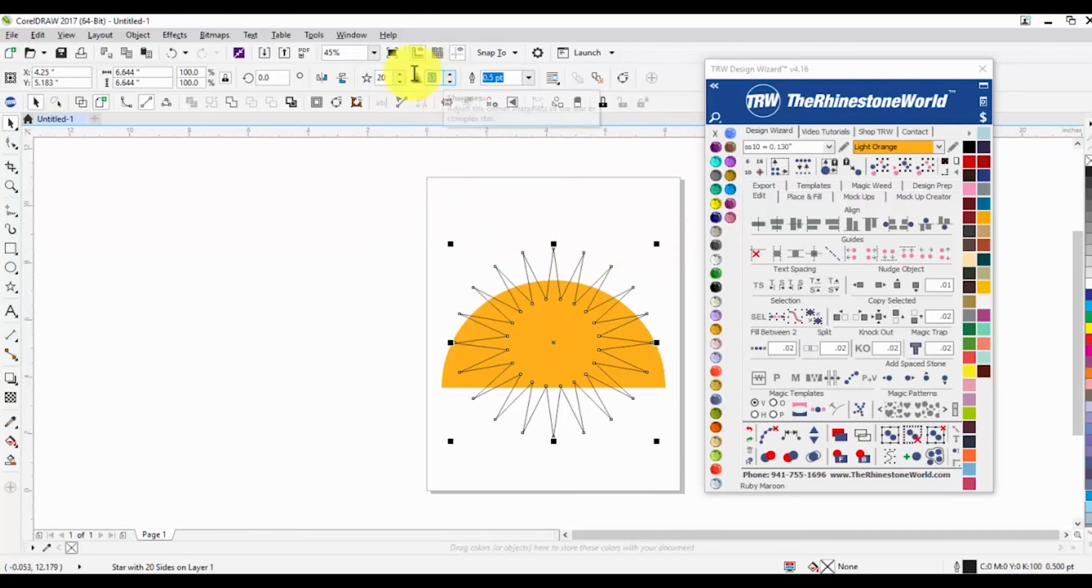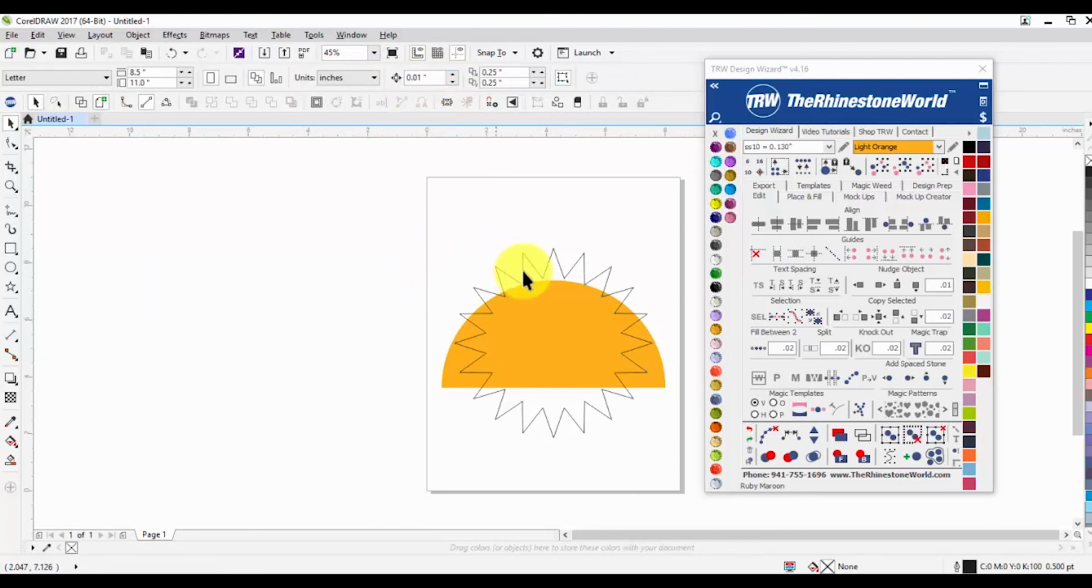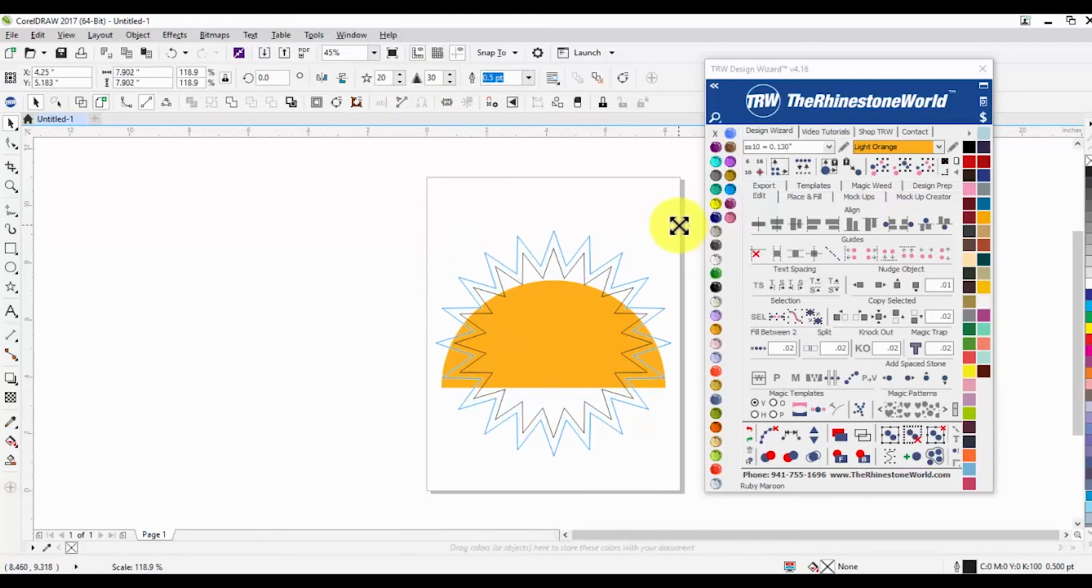Now the sharpness, we'll make that around 30. Again, it doesn't have to be set in a certain way. However you like it. If you want skinnier rays, you can make the sharpness higher. If you want those fatter rays, what we're going to do in this design, you can leave it around 30. Now I'm just going to make this a little bit bigger,